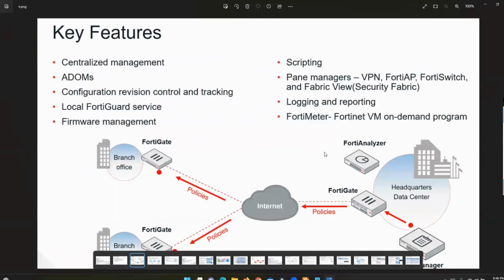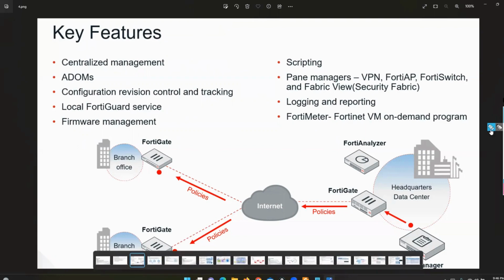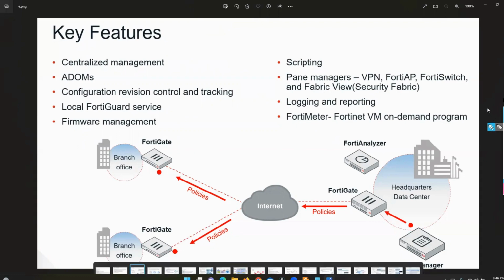Yes, centralized management means from where we can control all the clustered firewalls at one time. Whatever configuration we push on the FortiManager will be updated on the rest of the clustered devices. Centralized device, we can manage all the devices from the central location, from one dashboard. Yes. And I want to add one more thing,